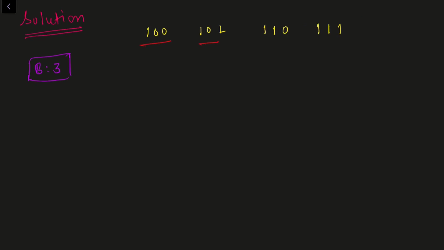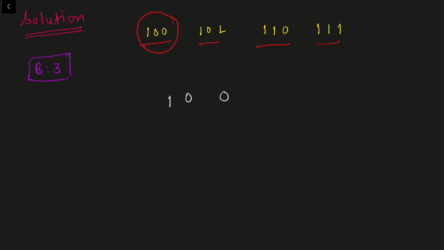Let's say we are given these 4 values which are in base 3 already, and we need to get the maximum pair I can have for each and every value, right? So let's say I want to maximize this 100. I want to find some pair that can maximize it. So what I'll do, I'll write 100 here.